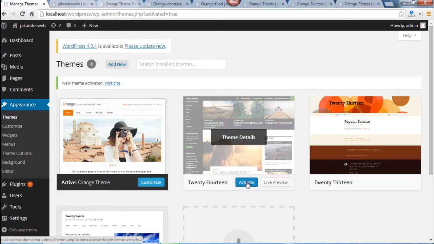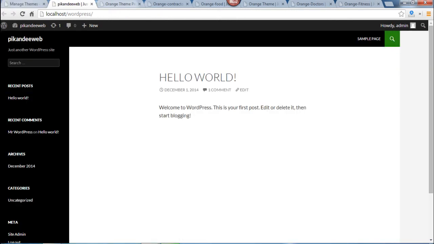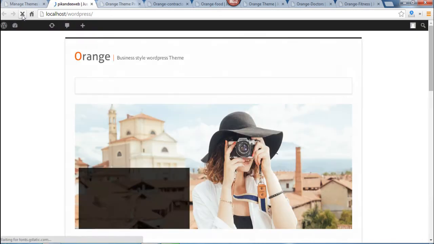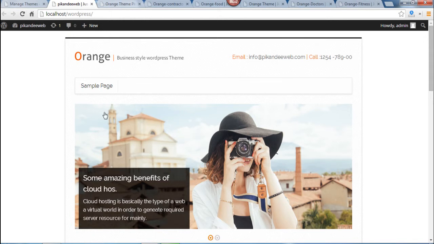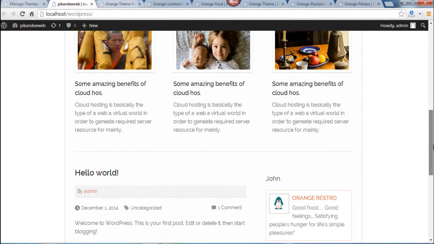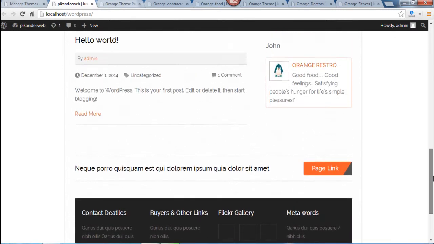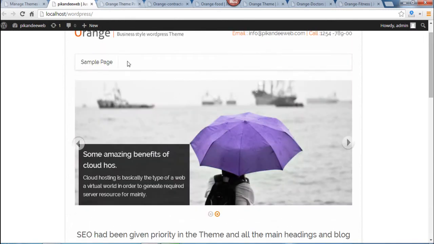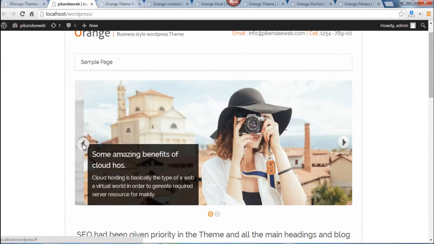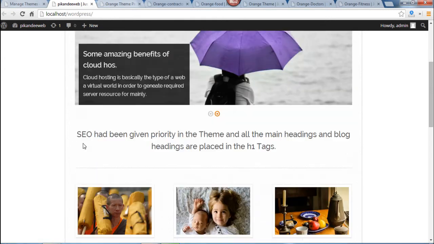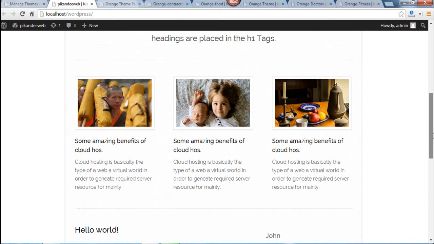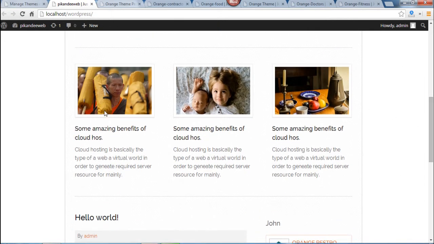Now I'm going back to the front end and reloading it, and now you can see the Orange WordPress theme is activated. A full WordPress theme is activated. It comes with a nice navigation, a slider, a main headline area, a nice feature area.